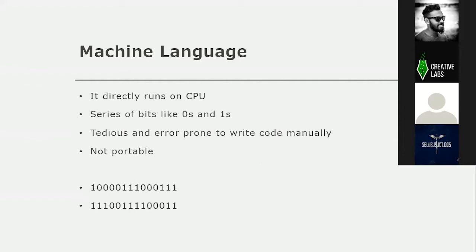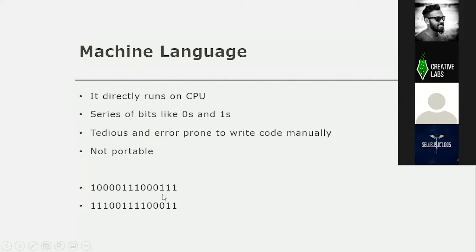So, also this is error prone. We cannot trace the errors easily. In order to do that, we need to do several processes, right? And also zeros and ones, no one will understand. Everything is zeros and ones, so it is not understandable. And since it directly runs on the CPU, we cannot look into that, and we cannot modify it. Only the experts who know these bit codes or binary numbers can override these things.